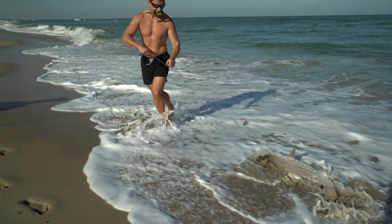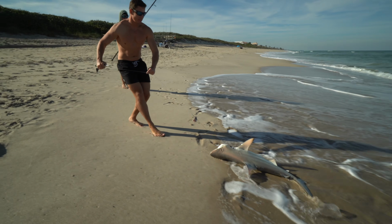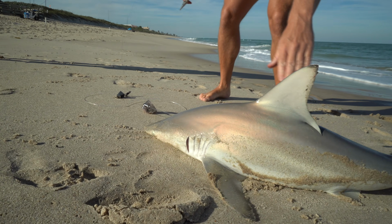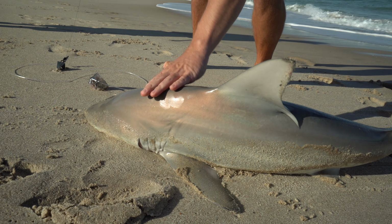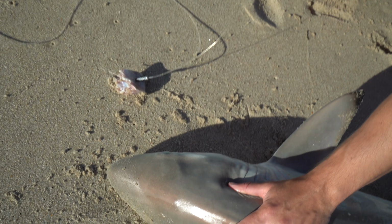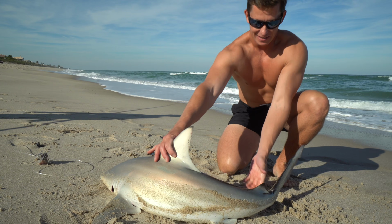All right. We got our first blacktip to the beach. Okay. And he's going to freak out, I can assure you that. Got it. Hooks out. Land shark doing land shark things, but...